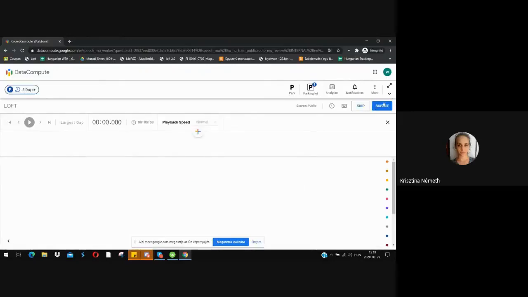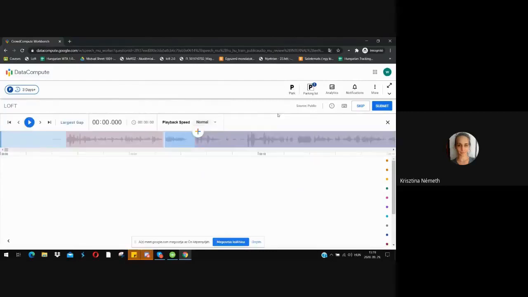So only press submit once you have finished fully the task. And otherwise, if you have not finished and you just basically want to save, the only option to save it is to park it. Okay, so if you have not yet finished it, park it. And if you are fully done, you can click on submit. Yeah, so I think those are the most important things about